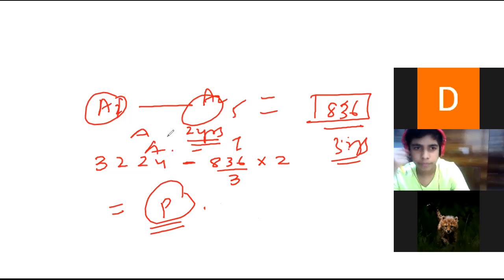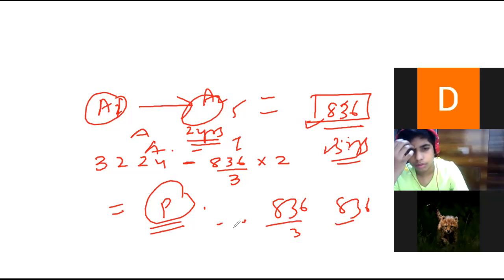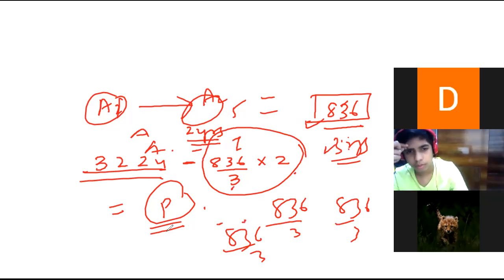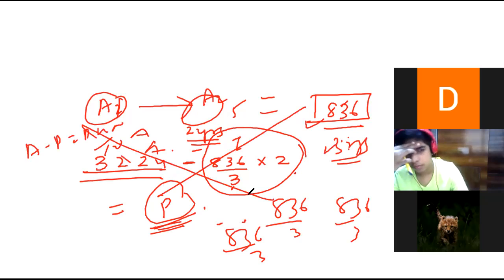Why did I give extra? Because I have to pay interest. So that extra I got is how much? 836. But that I have to pay after how many years? 3. So after every year, I am paying 836 upon 3, 836 upon 3, 836 upon 3. So first one, this was amount minus the interest after 2 years, that is 1 year into 2 years, will give you principal. Once you know principal, then it is very simple. Amount minus principal is interest. If this suits you, do this. Otherwise, whatever method I explained.